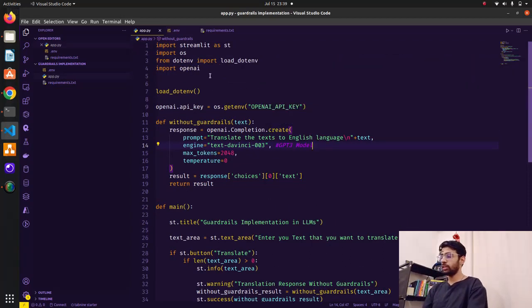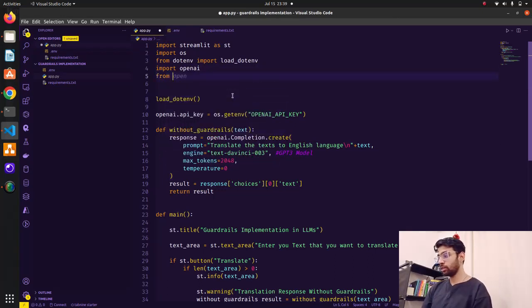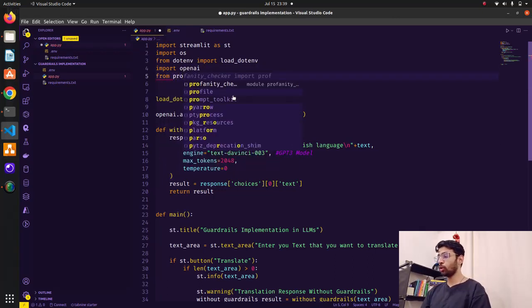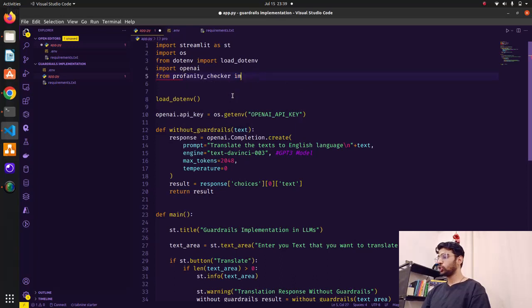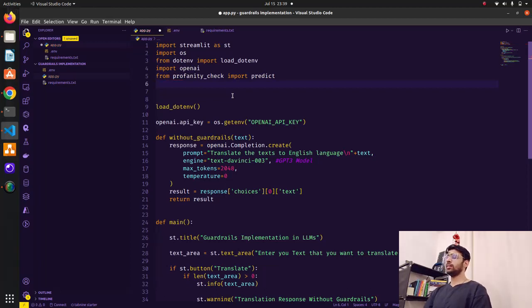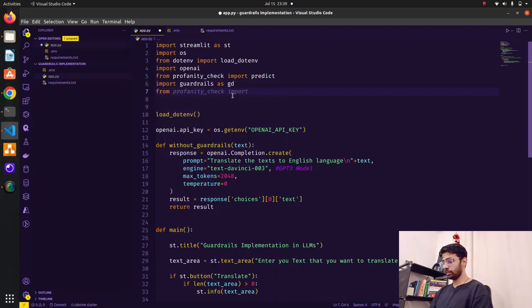So what I'm going to do here, I'm just going to use some imports. The first is from profanity_check import predict. That's the first import that we need, and we also need guardrails. So let's import that. So import guardrails as gd, and then from guardrails.validators, because we have to validate that.